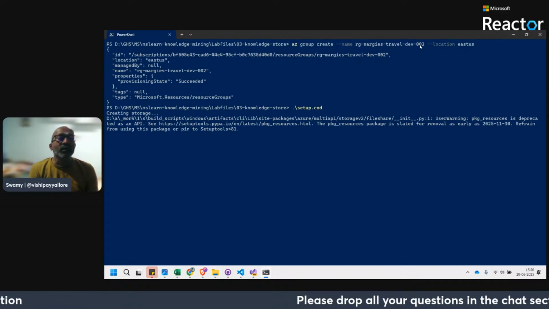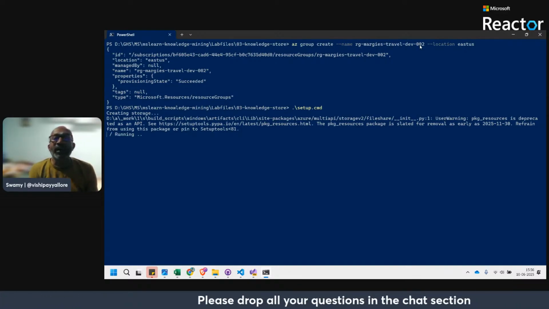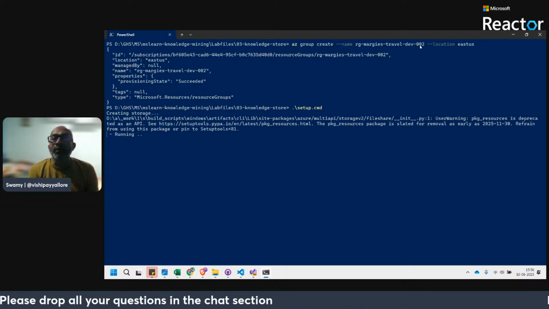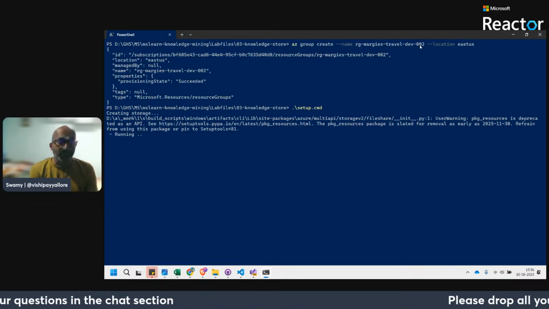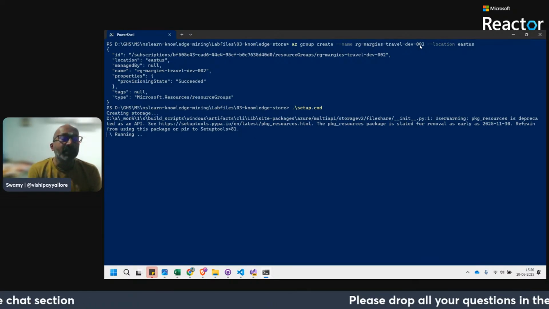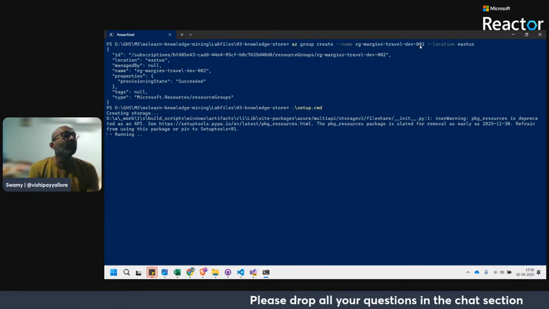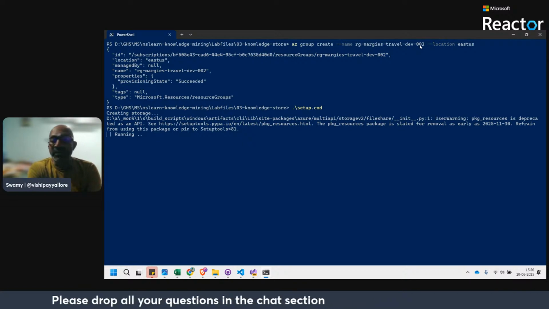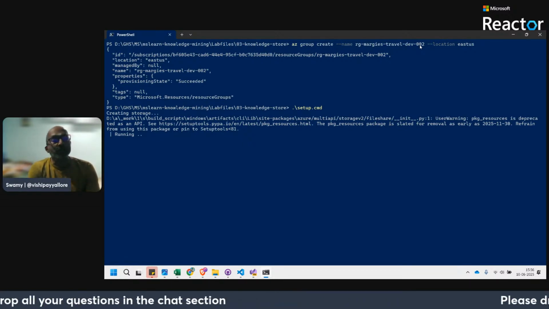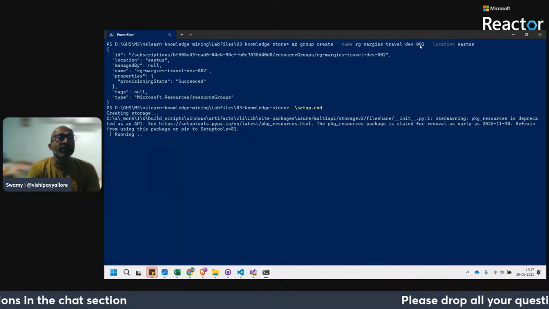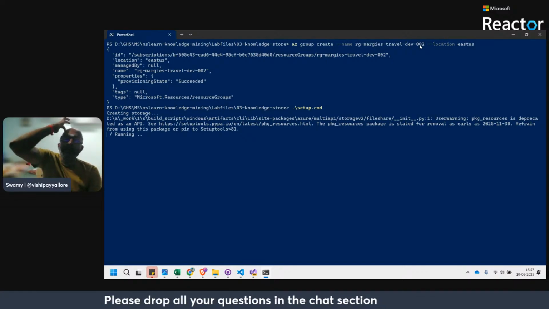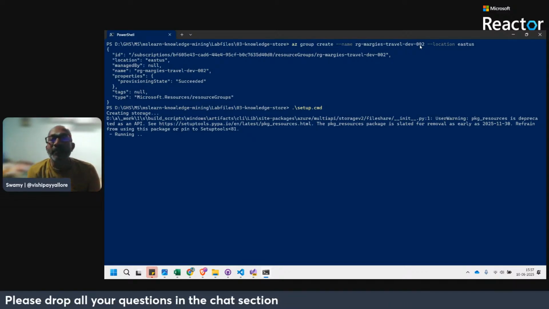Maybe some of the az commands which are being used will be removed in future, 2025-11-30, so by November. So I think the az command version which we are using is the latest one, which I updated 2 hours ago. So that's for sure. It says a user warning: package resources is duplicated.